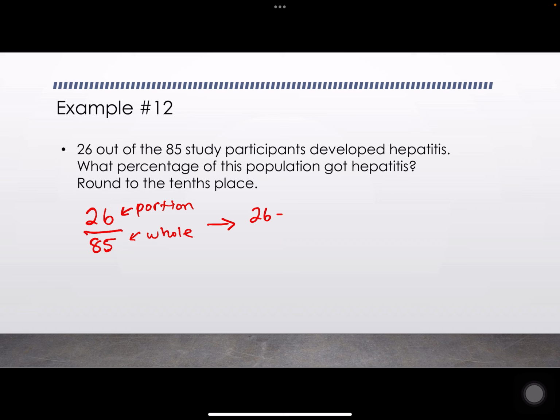It's basically 26 divided by 85, which gives us something like 0.30588235. Now, I usually wait till the end before I do any rounding, which I think is a good practice to get into. So if you keep this plugged in your calculator, you can multiply by 100 and get your answer. You can also move your decimal place 2 places to the right. Either way, you end up with